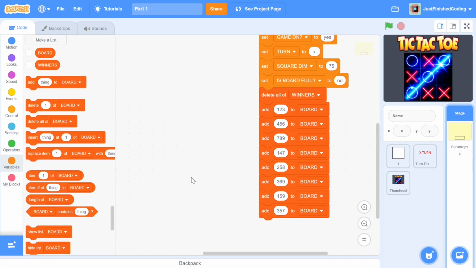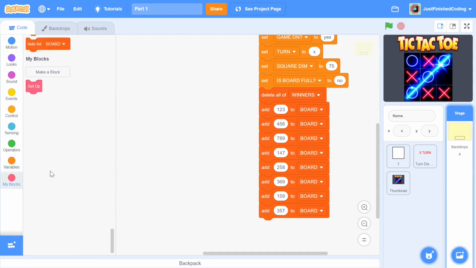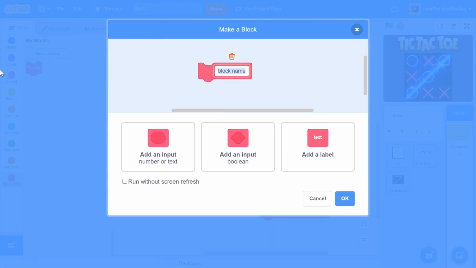Okay, so now that we're done with this, we can make a couple of new functions, and this video is pretty much going to be all of the back-end stuff, I guess. And we'll have all the functions that we'll evaluate after the player makes the particular move. We won't actually see any visible output yet, but all of this is going to be crucial to making sure that the game works perfectly. So let's run without screen refresh.